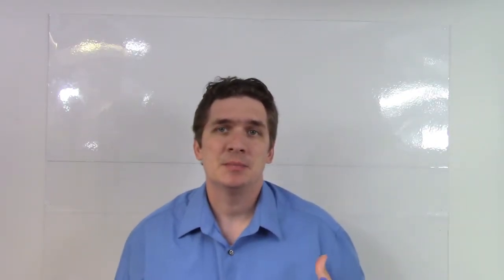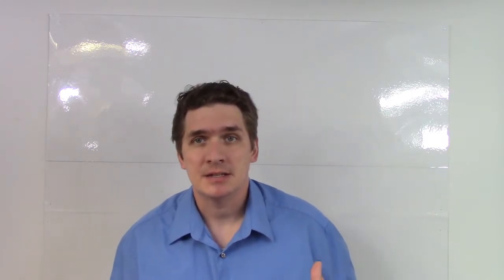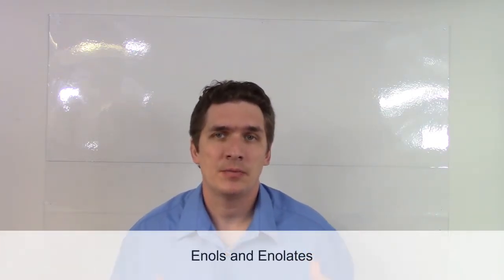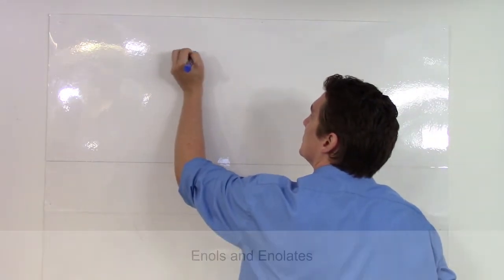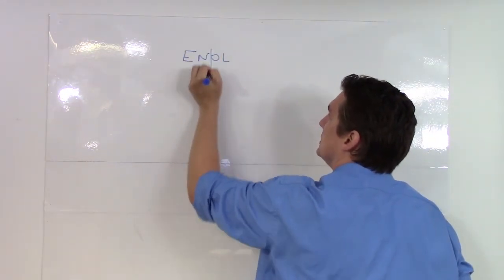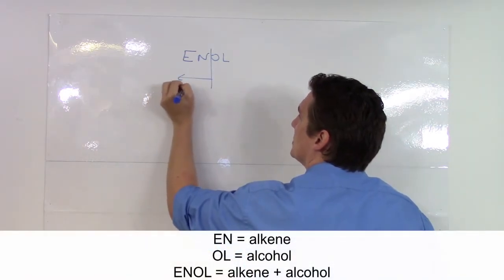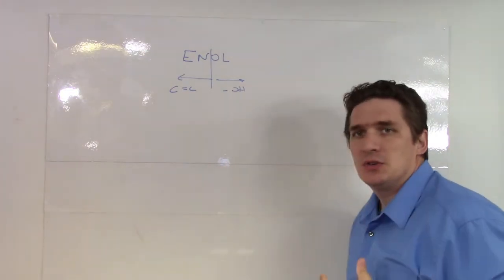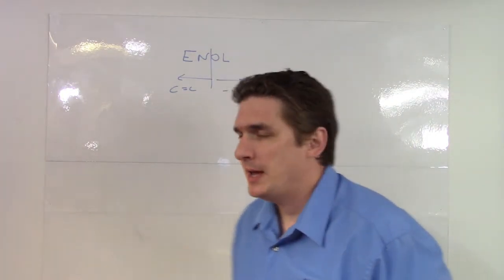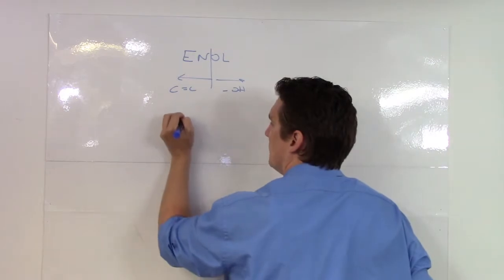So let's start out talking about enols and enolates. And actually, enols are the word there. Enol is a portmanteau of two names you already know from organic chemistry at this point. En being a carbon-carbon double bond, and ol being an alcohol. So when we have an enol, what we have is a compound of the form